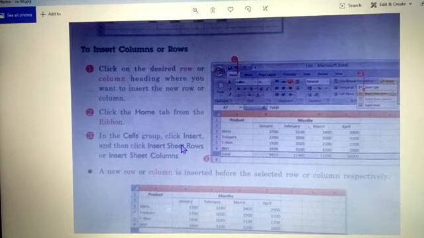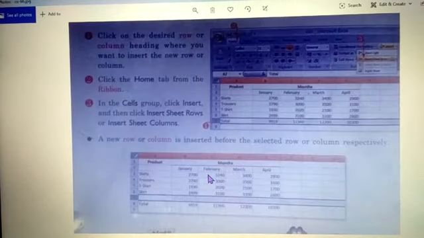In that Insert option, either click Insert Sheet Rows or click Insert Sheet Columns, okay? Then you will see that the row or column, whichever you select, will be inserted. And children, remember that before whichever row you select, a row will be inserted, and before whichever column you select, a column will be inserted.